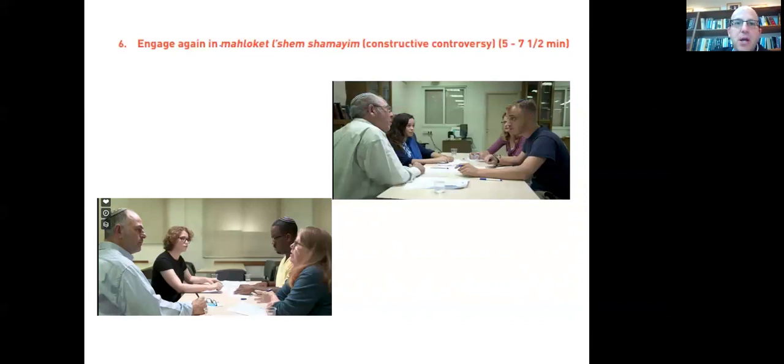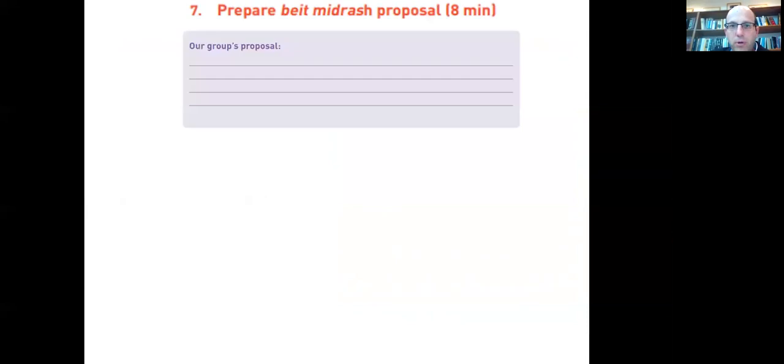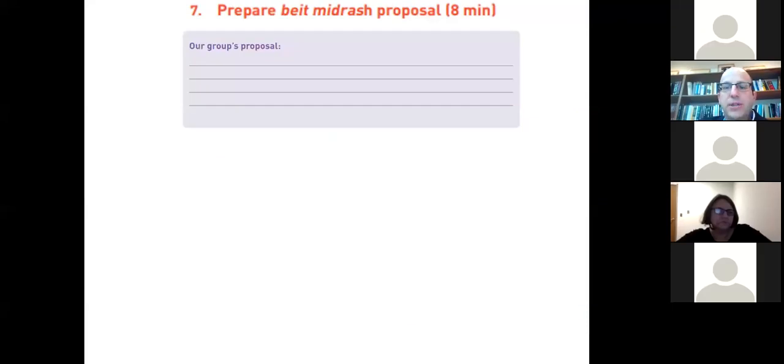So after they've engaged again, arguing, this time taking the other role, the next step is that they're no longer in role, now they are who they are. And as a group of 4 or 5, of their Beit Midrash, they have to come and argue it out and come up with what their group proposal is. I tell them it has to be an agreement. Of course, there can always be a dissenting opinion. There's always that one person in a group of 4 or 5 that really feels strongly that they disagree. But I like to push them to try to get to that